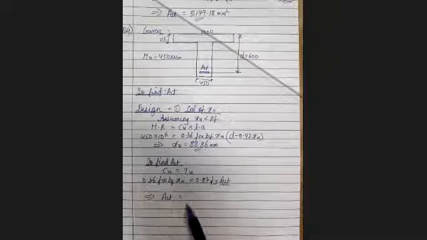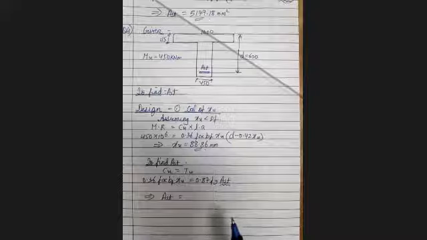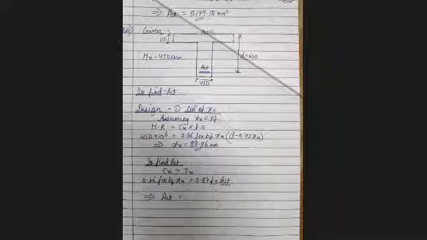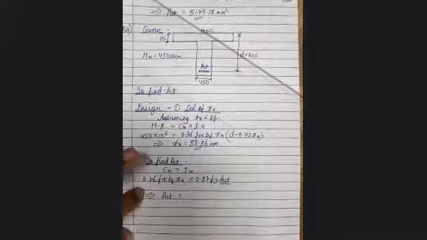Okay, so once you get the value of AST, after that you can just check it. To check, you'll again find out XU and MR and check for XU and MR. So that is your complete problem. Okay, I hope you can do the check on your own. So with this, we have completed one design problem also. I think we have less than a minute left. So we'll stop here. So just do the check of this.